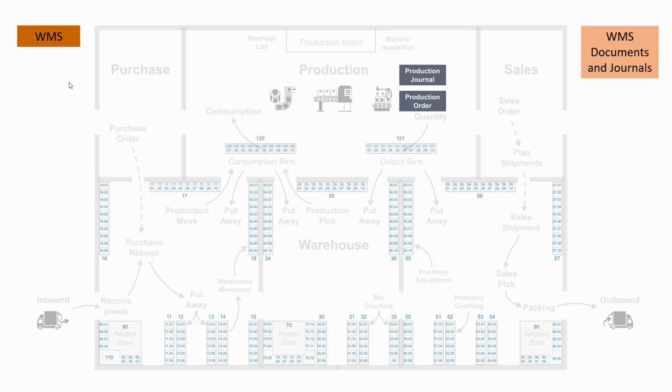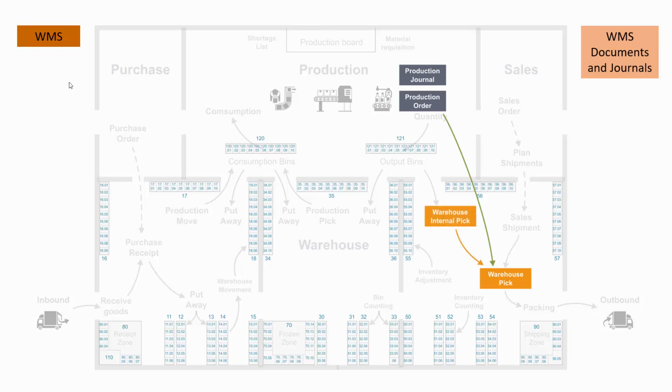The last level is the WMS level, meaning the check mark on the location called directed put away and pick, and this works a little differently than the advanced level. You create a warehouse pick from the production order in the same way as from the advanced functionality, and when you post the warehouse pick, it will post a movement into the production order. And after posting the movement to the production order, you can post consumption through the production journal or one of the journals. So in this way, it's the same functionality as the advanced location.